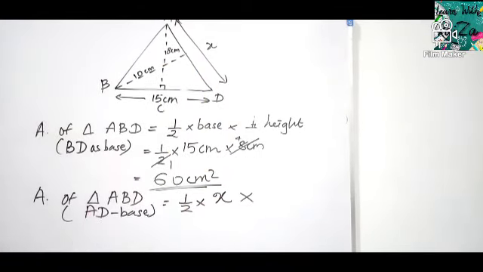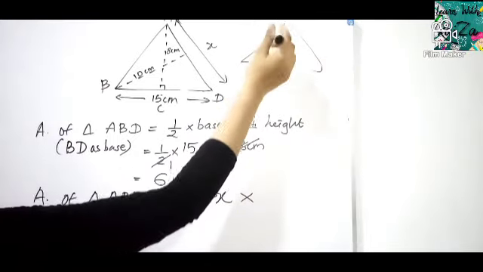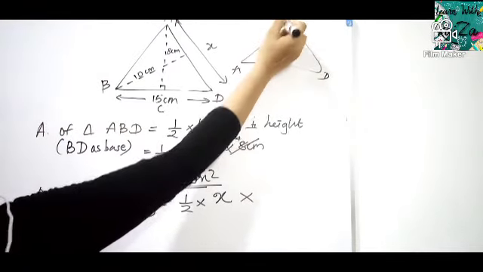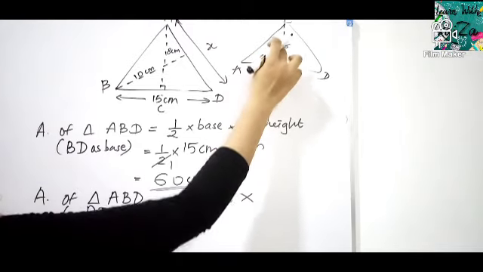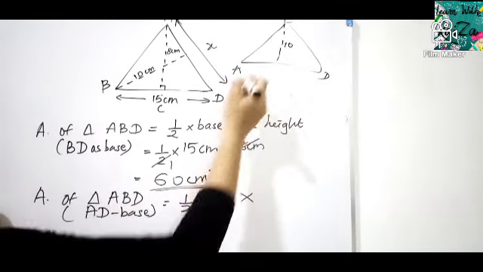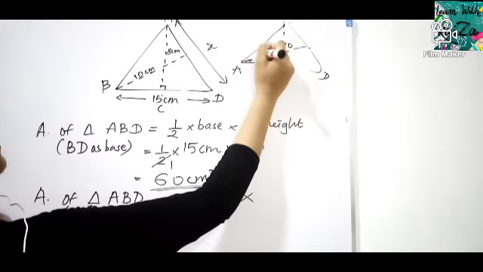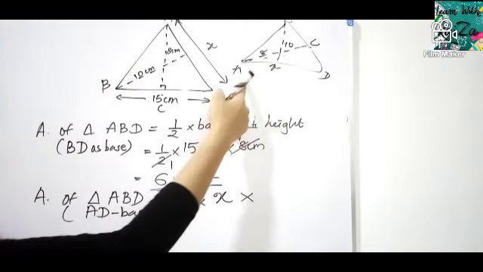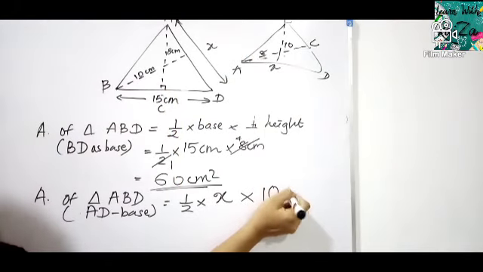Then what is the perpendicular height of the triangle ABD when AD is the base? I'll draw it the other way to make it easy. If it is coming like this, A here, D here. 10 comes here, and this completely changes. This becomes 8. Likewise, this becomes C. So this is the figure. Then AD is the base I took. What is the perpendicular height? Yes, 10 centimeter. Very good.